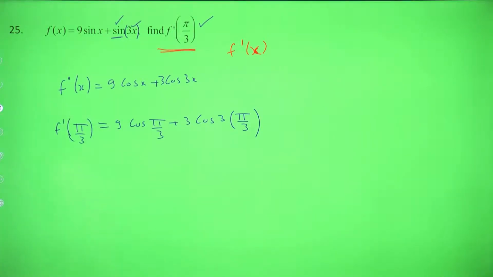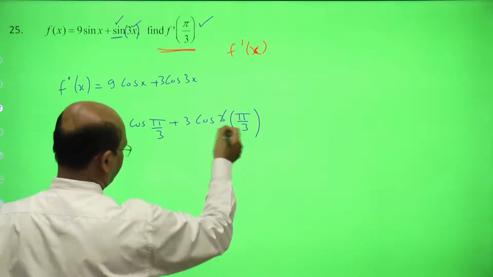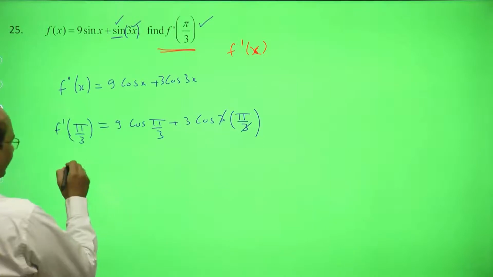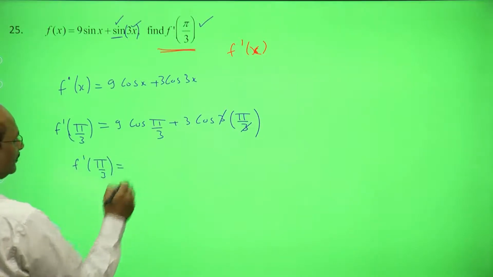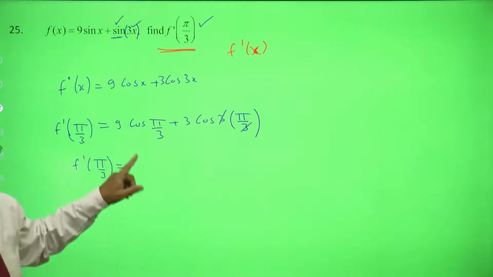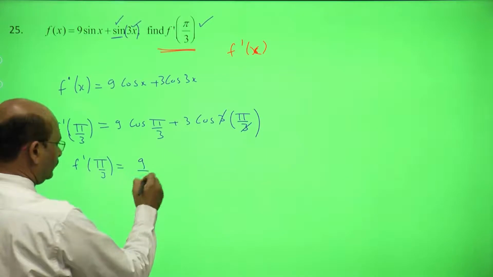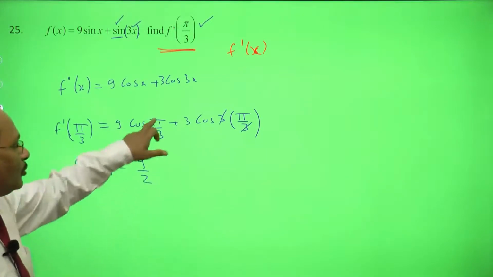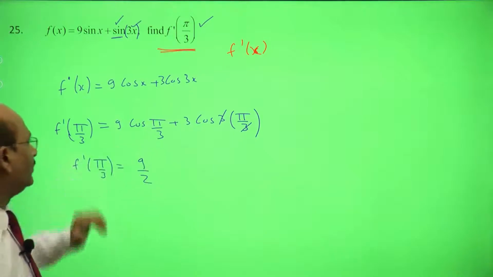So I think very simple now. I think you can cancel this 3 and this 3, this 3 will cancel over here. So f dash pi by 3 is nothing but 9 cos, the pi is 180 degree, let me tell you that, 60. So cos 60 is 1 by 2, so 9 into cos 60 is 9 by 2, right, plus